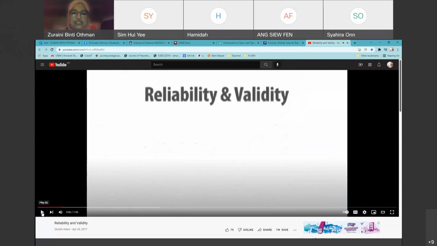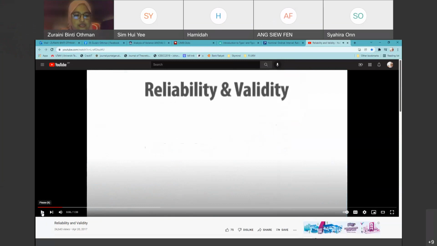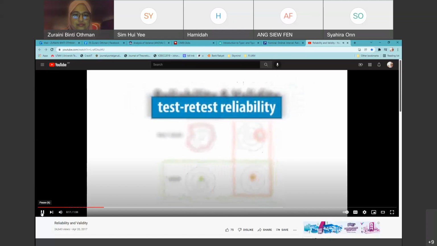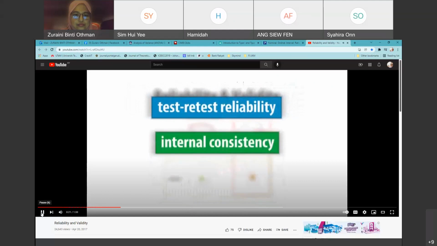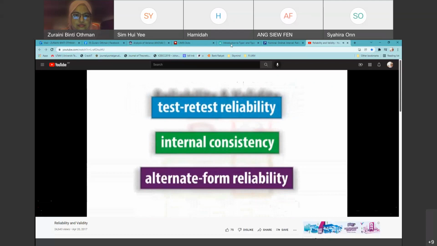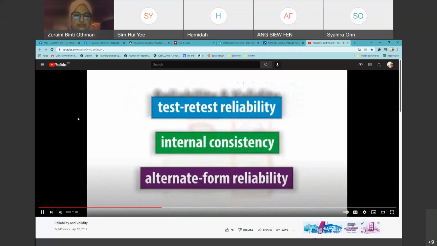Reliability refers to replicability. A test is reliable if it measures student achievement consistently, whether the student takes the test in the morning or afternoon of the same day or a day or two later. Another measure of reliability is internal consistency, whereby students' performance on comparable items on a test should be similar. Finally, alternate form reliability ensures that two forms of the same test are very highly correlated.